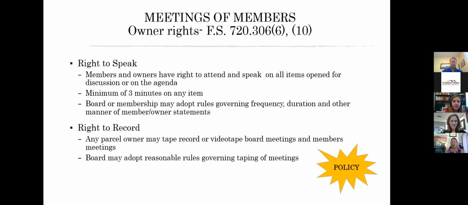All of your associations may have an active owner, somebody who's very involved. They ask a lot of questions, they request documents, and this active owner, if he or she starts attending meetings and exercising their statutory right, what you don't want to do is have it look like the association is now going to all of a sudden create this policy. So just be wary of that.